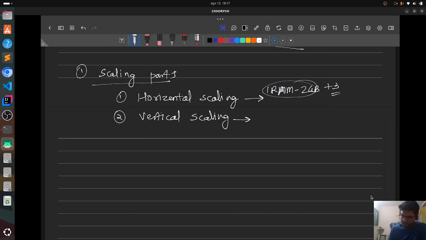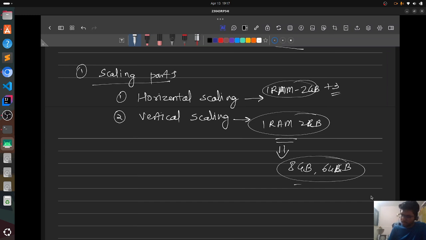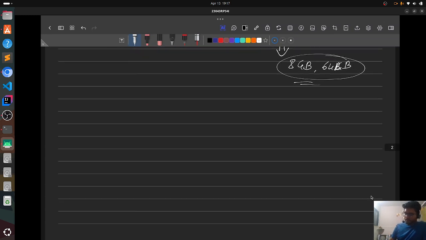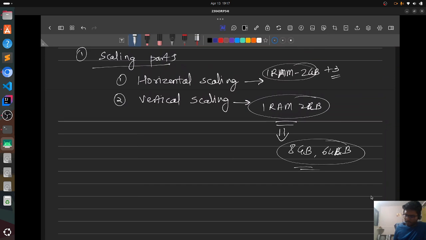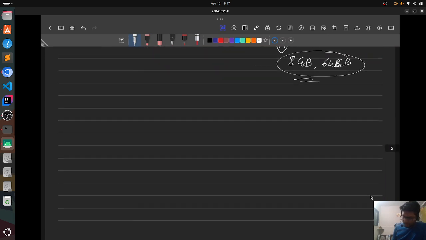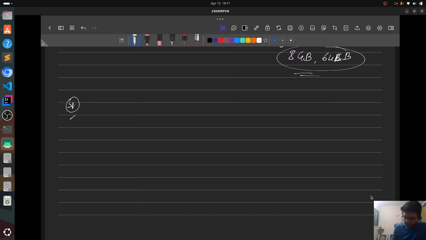But if you look into the vertical scaling part, you have one RAM of 2 GB. You will introduce more memory in the same RAM only, making it 8 GB or 64 GB as per your convenience. So this scaling part is mainly a consideration with the servers which you have, and other than that we can scale up